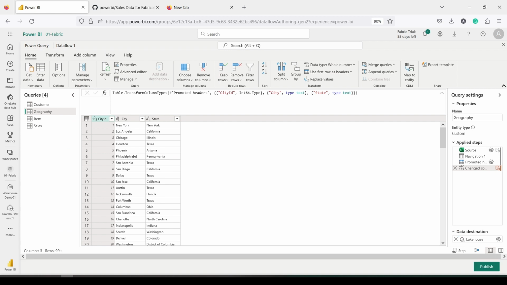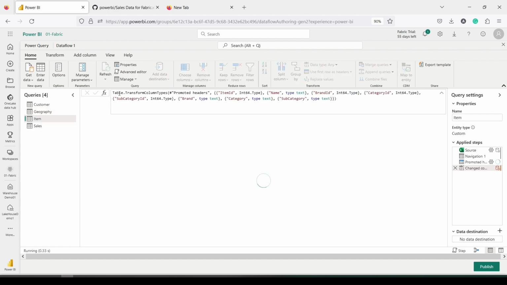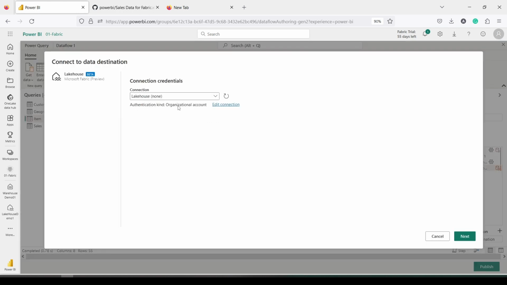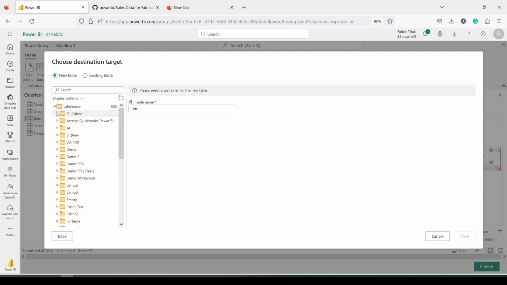So this is also done. I can see it on the right bottom. Now let's go to item. Let's use again from the top, Lakehouse. Next, item fabric, 01 fabric, Lakehouse demo 1. Next,